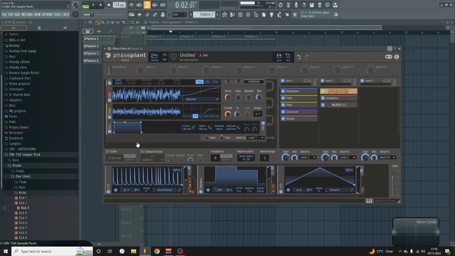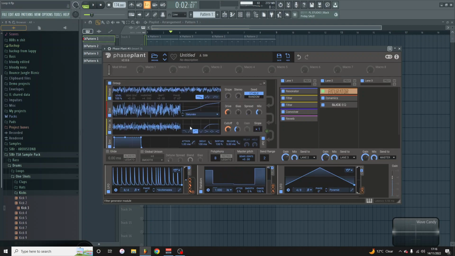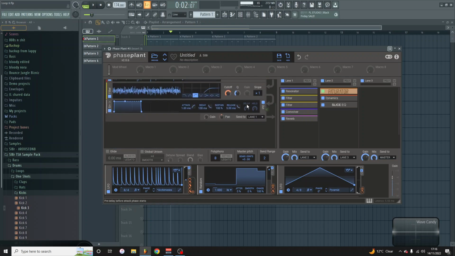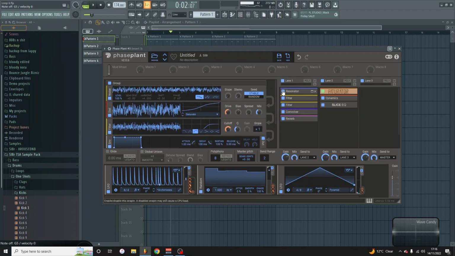Just giving it a bit of stereo information. So that's the sort of basis of the hat. So if I take all this processing off,